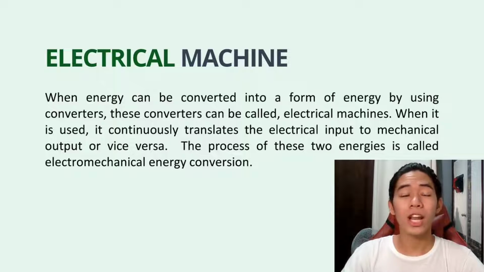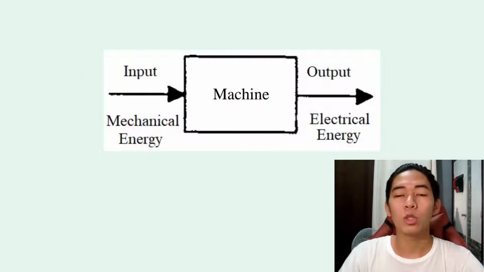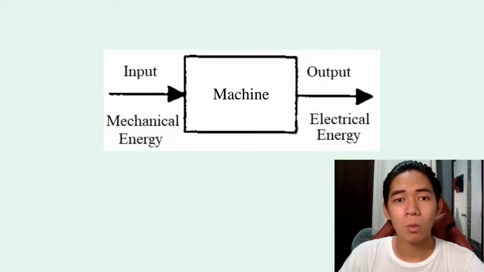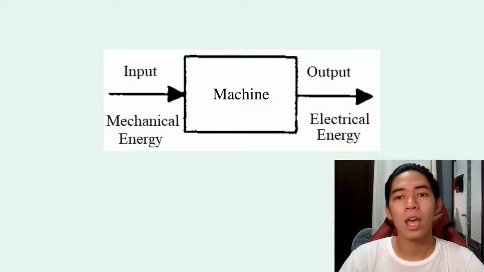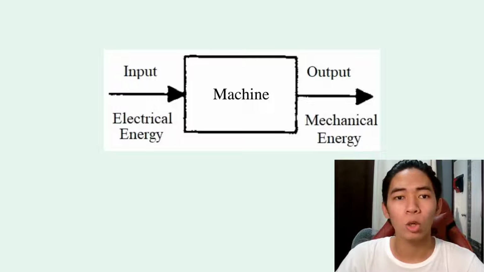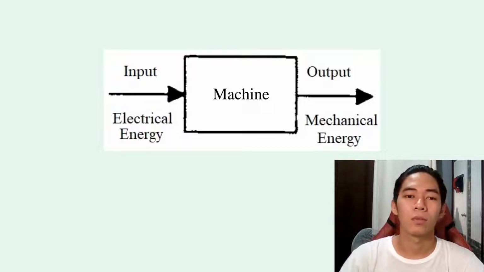When it comes to electrical machines, we have an input. Mechanical input goes inside the machine, lalabas naman yun as electrical output. On the other hand, when electrical input goes inside the machine, lalabas naman yun as mechanical. Electric machine is kinda like the link between electrical system and mechanical system or parameters ng electrical system to